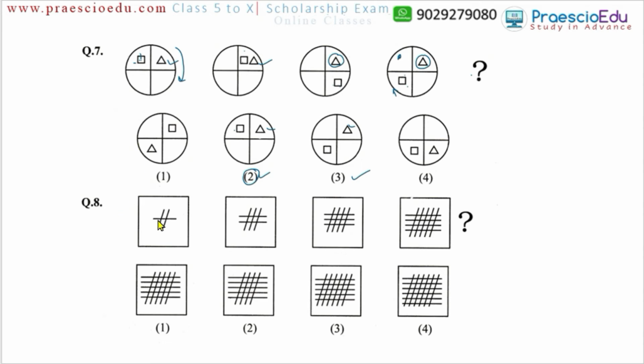Now question number 8. Now horizontally one line and here the intersecting two lines, means one line by two lines. Now in the next one two lines by three lines, again next one three lines by four lines. So in the next one four lines by five lines. So in replacing the question mark, four lines multiply by or intersecting with the six lines. So sorry, five lines means 1 2 3 4 5.